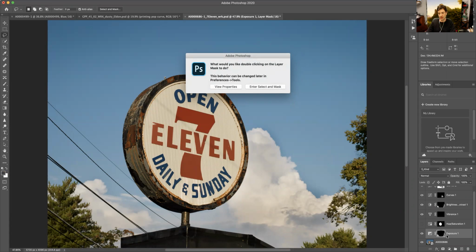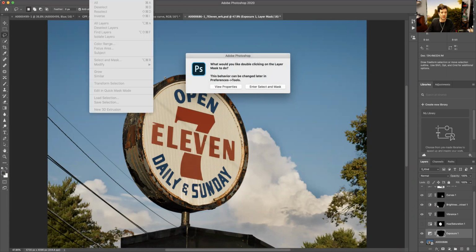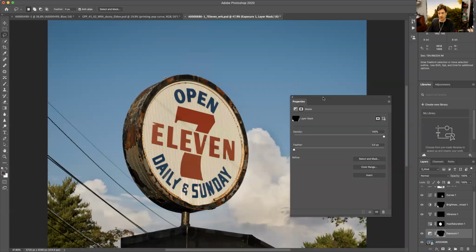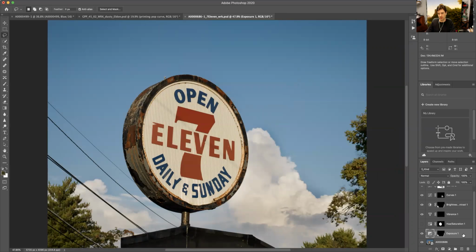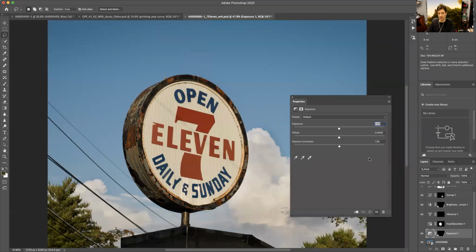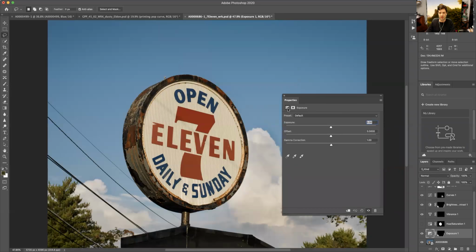I double clicked on my layer mask and it says, what would you like to do? And I say I would like to enter select and mask. Seems a kind of roundabout way of doing it. I can view the properties, which is normally what pops up when I double click on a layer. Well, I got layer style there, but if I double click on my properties, you notice there's two parts. There's the properties where you can, like, change the exposure. I'm just changing the exposure of the trees here, but you can also go to the mask thumbnail, and then